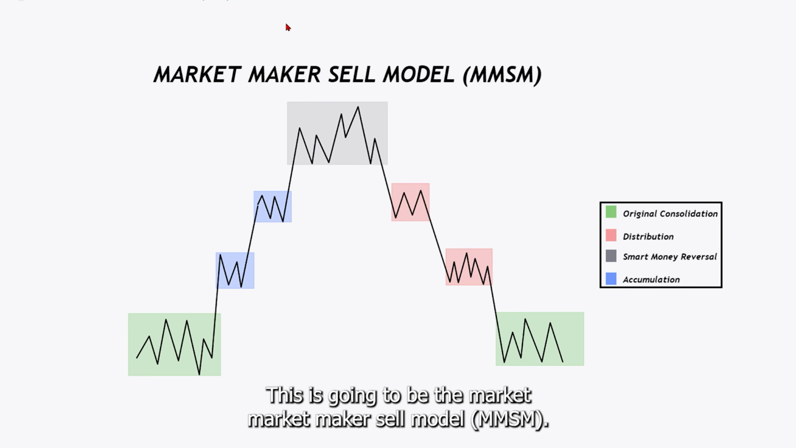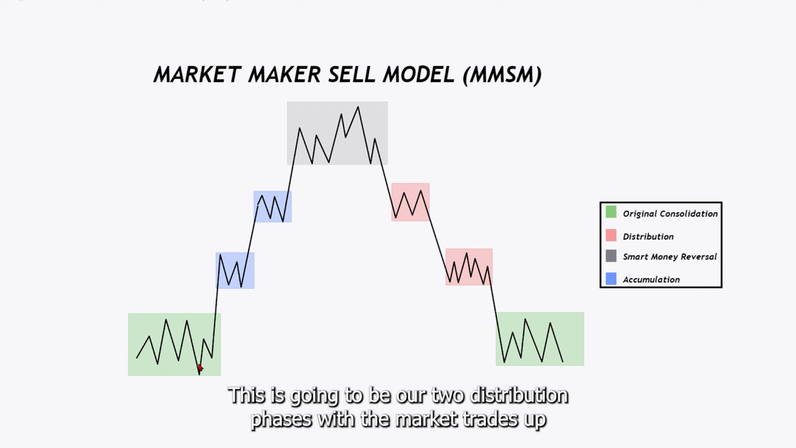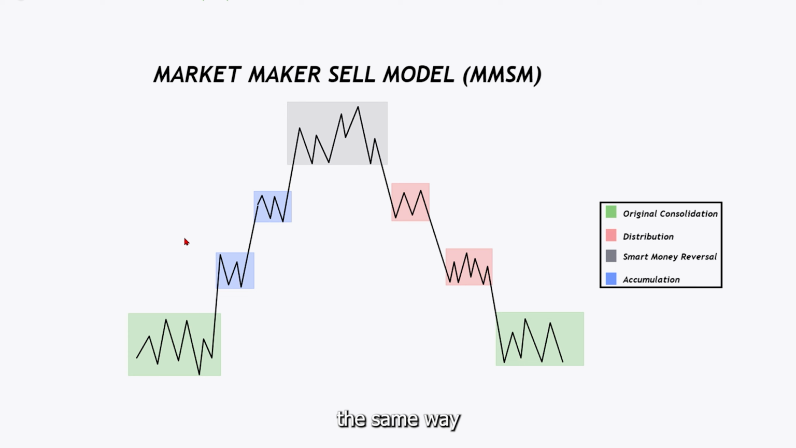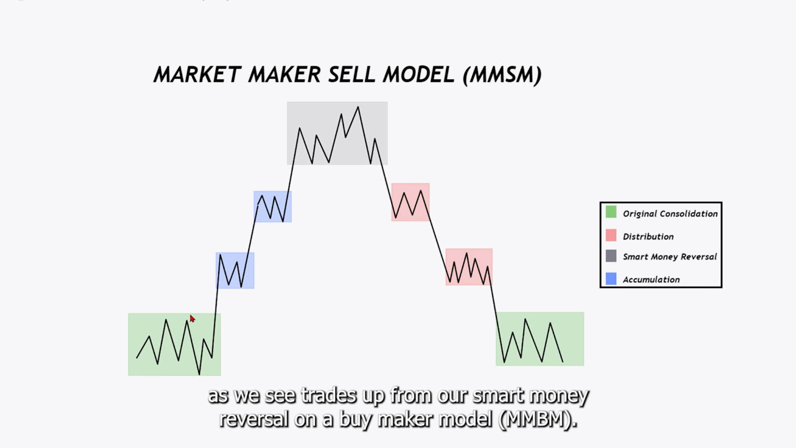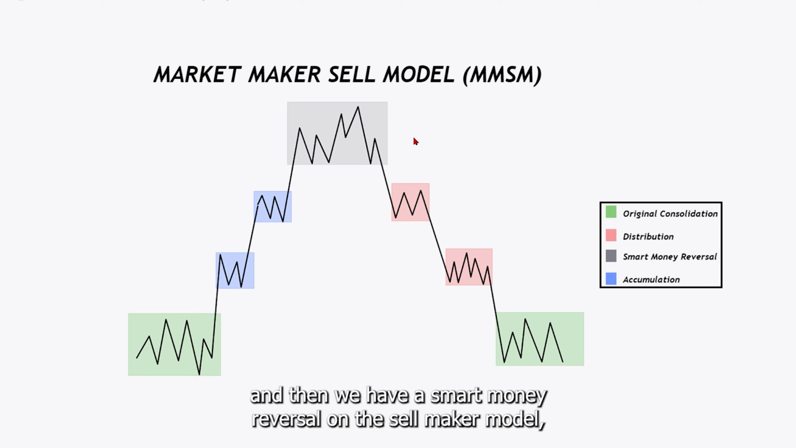This is going to be the market maker sell model. This is where we have our original consolidation right here. This is going to be our two distribution phases where the market trades up the same way as we see it trade up from our smart money reversal on a buy maker model. This is where we're going to have our accumulation, our reaccumulation, and then we have our smart money reversal on